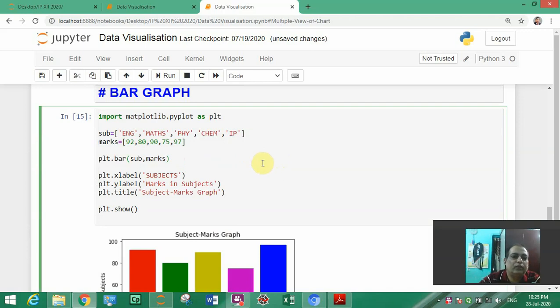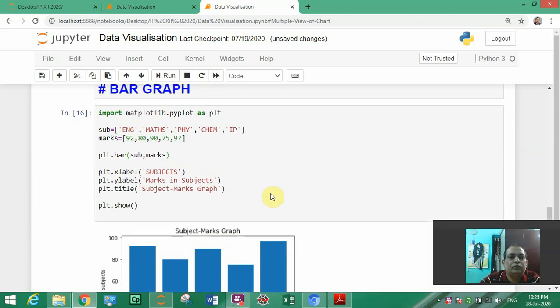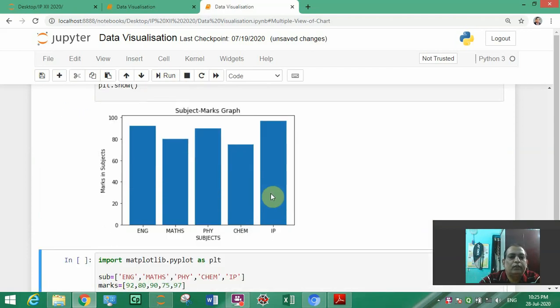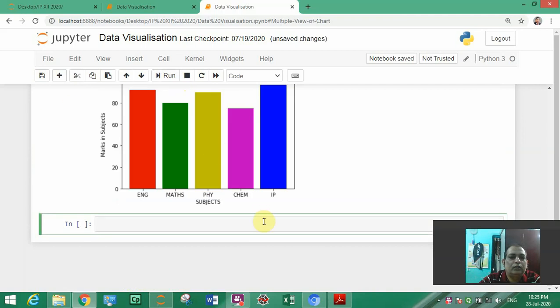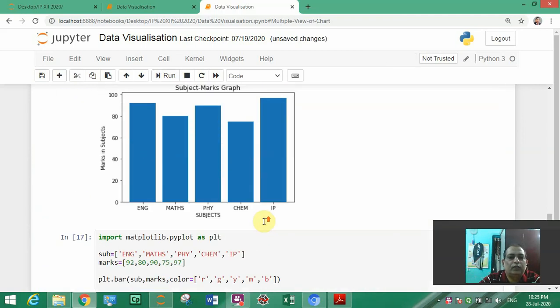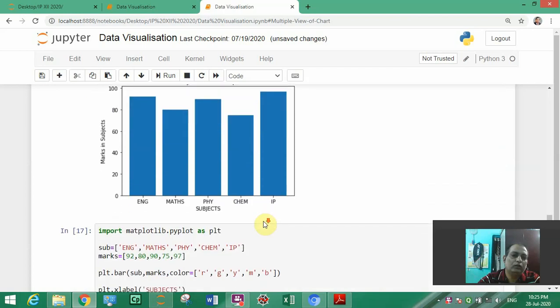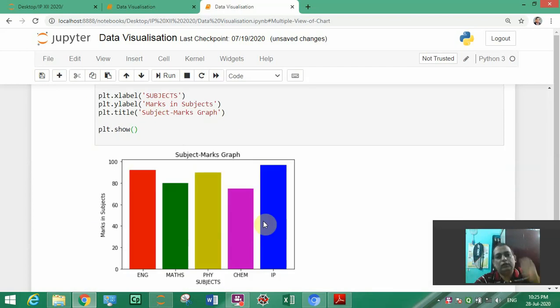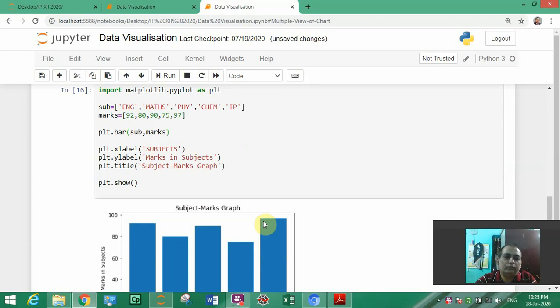This will be simple graph, and next will be our colorful graph, okay. So this is our second program and this is our first program.